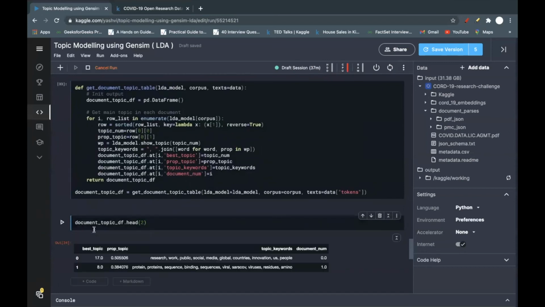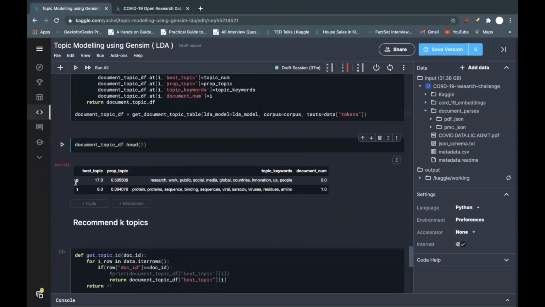For document 0, the best topic is 17, the topic proportion is 50%, and the topic keywords are research, work, public, social media, global, countries, innovation, people. Another topic has proteins, sequence, binding, sequences, viral, SARS-CoV, viruses, residues, amino, and document numbers 0, 1 and so on.